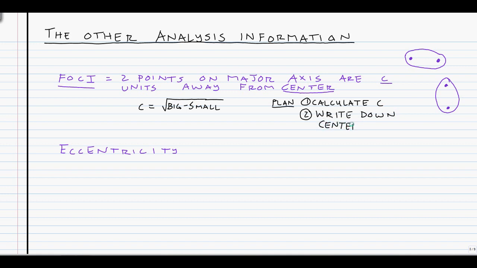You'll see me do this a couple times, but I write down the center as h, and then I leave a lot of room, and then I write it as k, and again leave a lot of room. The reason is we'll put it in there somewhere. And then third, the last thing we'll do is we'll plus or minus c. So we'll add and subtract at the same time. We'll only have to write it one time, plus or minus c,